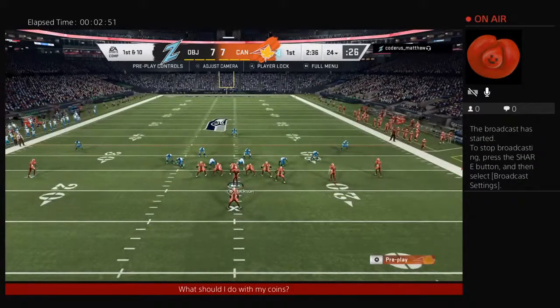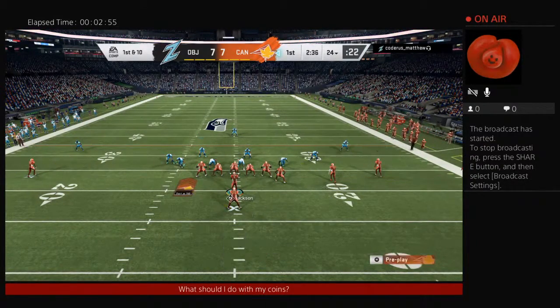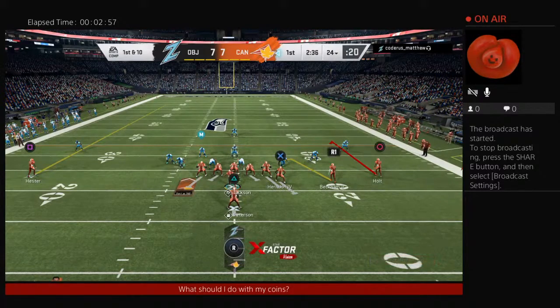Ready? Hey, hold on. Let's go. We got time, guys. Out of time. Let's get off the field. Check